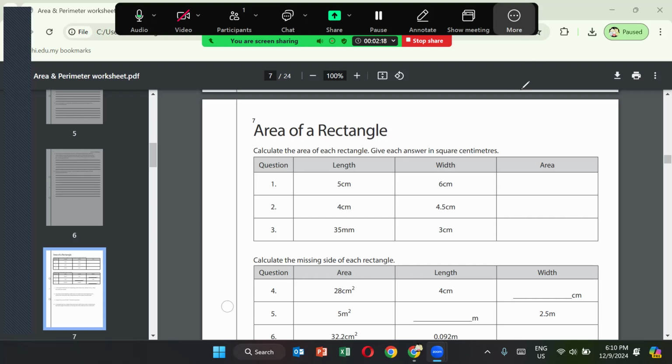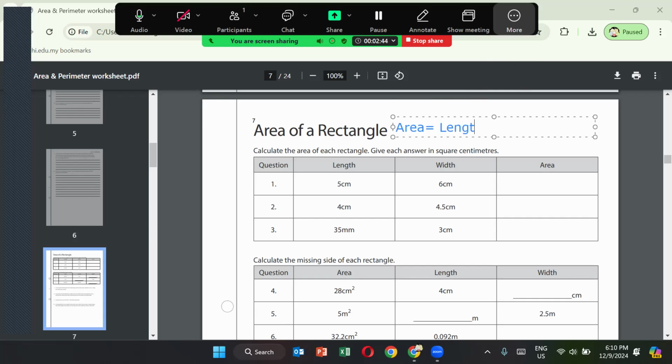Today I will be discussing the areas of a rectangle. So for the first question, calculate the area of each rectangle. Give each answer in square centimeters. So for the first question, to find the area, we will need the basic calculation, which is area equals